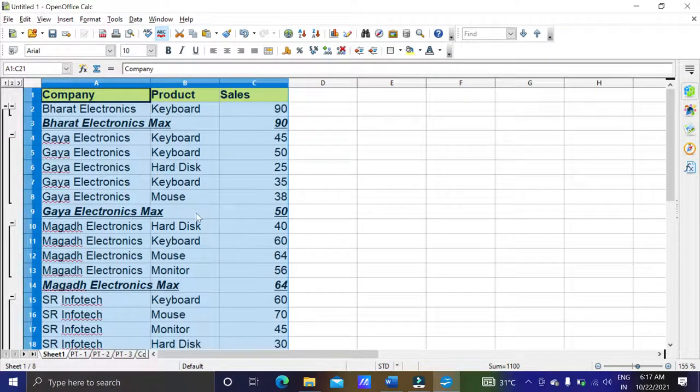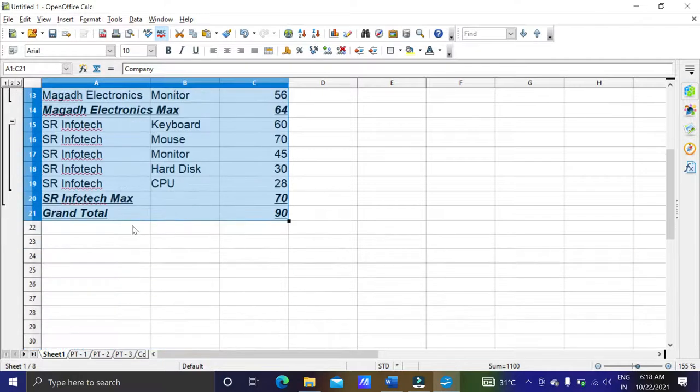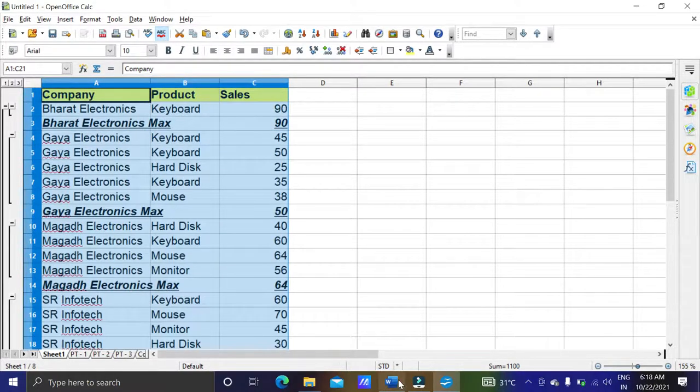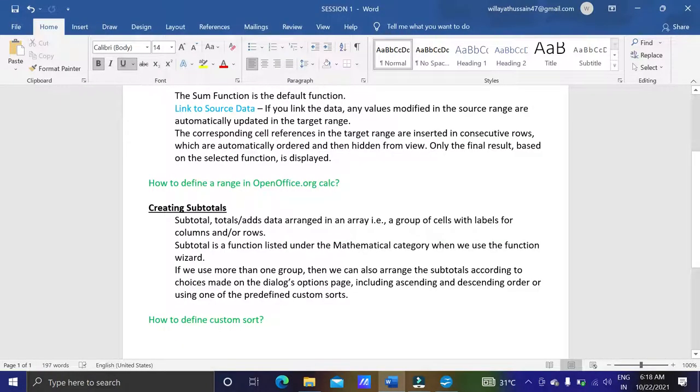So here you can see Bharat Electronics company maximum is 90, Gaya Electronics maximum is 50, Magad Electronics maximum is 64, and likewise SR Infotech maximum is 70. So likewise we can get maximum also.